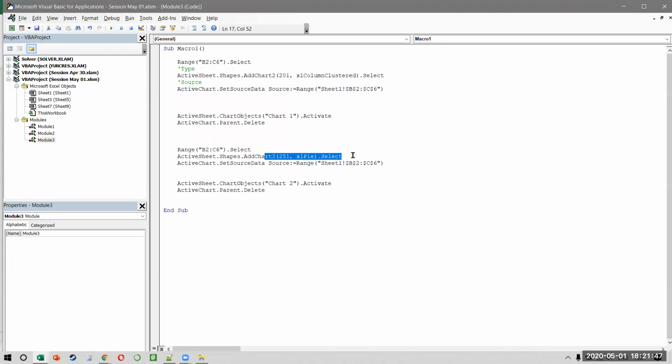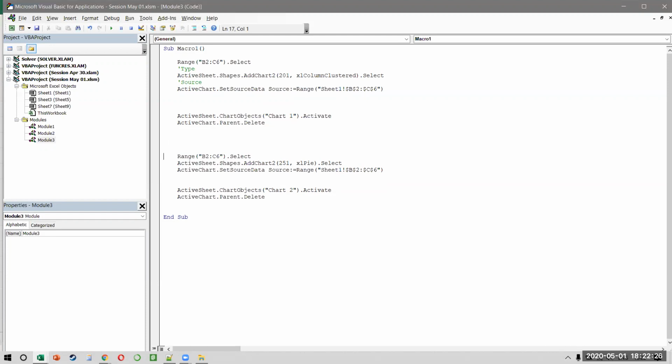Okay, but I want you to notice this. This is very, very important. Do you see chart 1 and this says chart 2? So what happens is that when you create a chart and you delete it and you create a new one, the new chart name will not be chart 1, it will become chart 2. Like I showed you with sheets, every time you create a sheet and delete it, it keeps on following that number. Now this is a problem because if you record the macro, what will happen? You recorded that I should create a chart called chart 1. But when you delete it, you're not deleting chart 1, right? You're deleting the first chart that you have. So how do I do this?